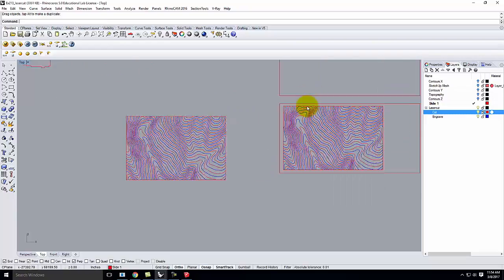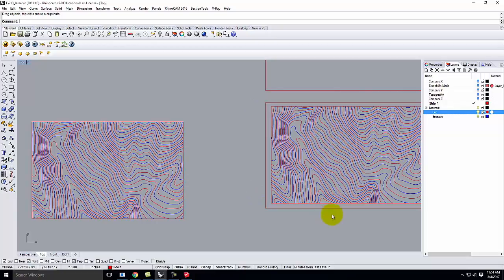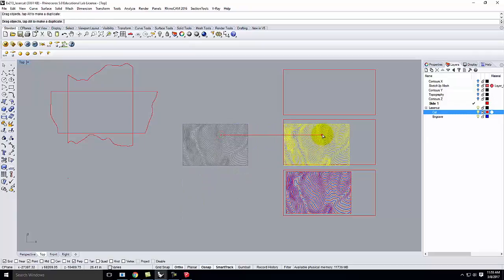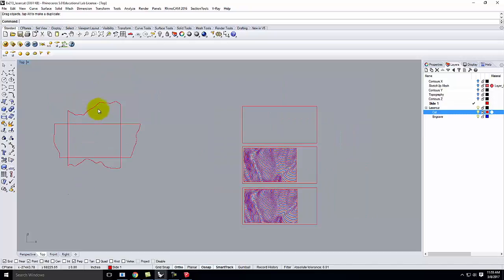You don't want your laser cut to go right to the border. If you've done any laser cutting, you know that it doesn't quite cut to the border, so you give yourself a little space. We'll move this one up and over as well. And then we need to fit these other pieces